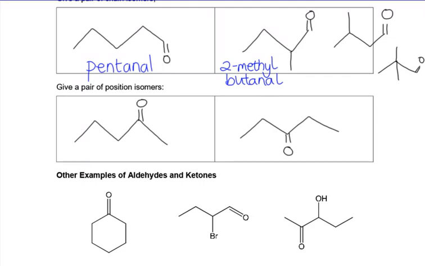And then for my position isomers, I've gone for pentan-2-one, and I've moved the position of the functional group and made it pentan-3-one. Again, I could have